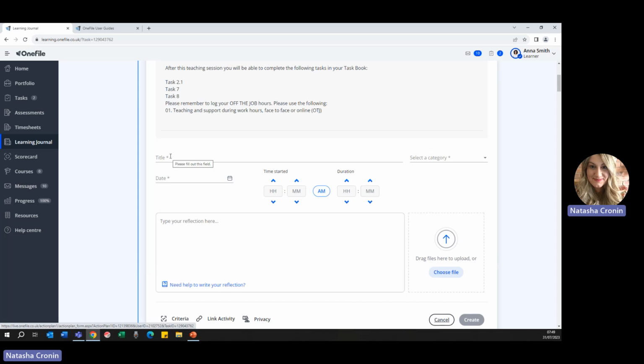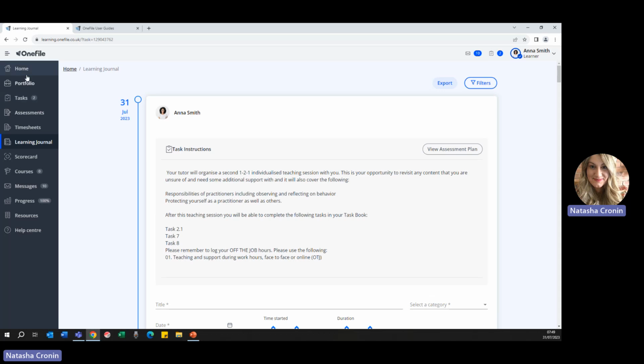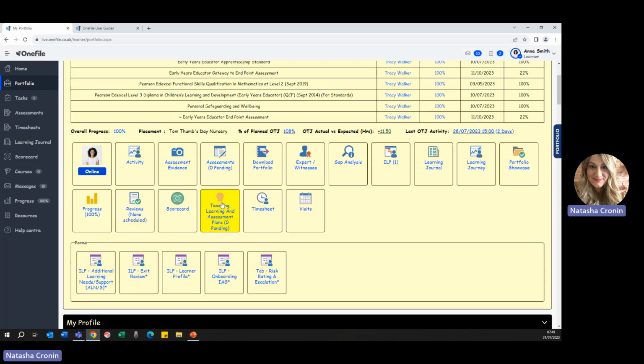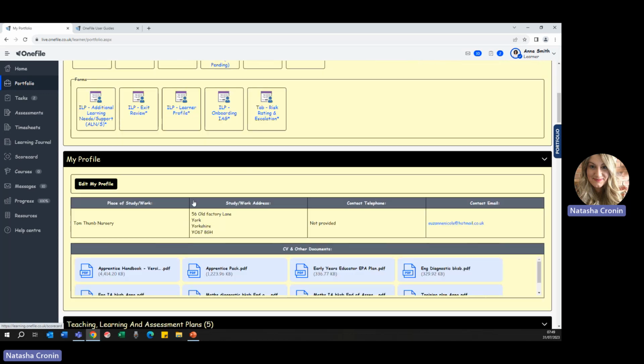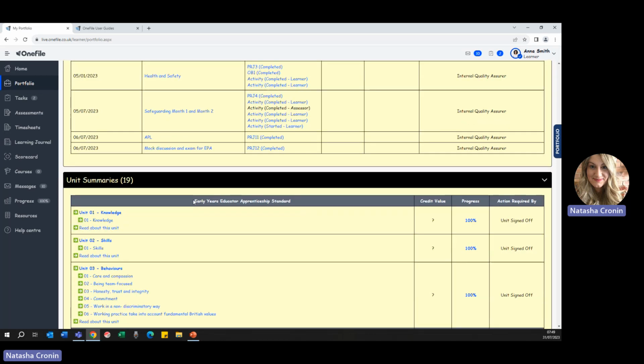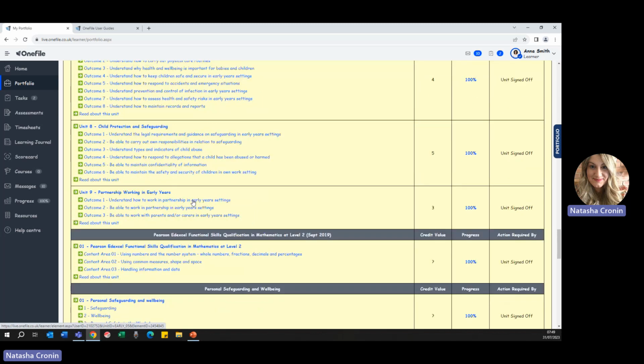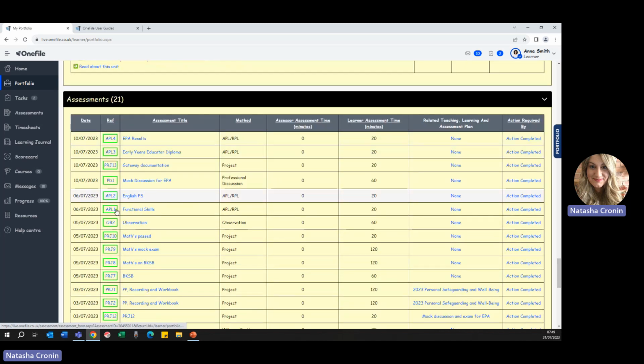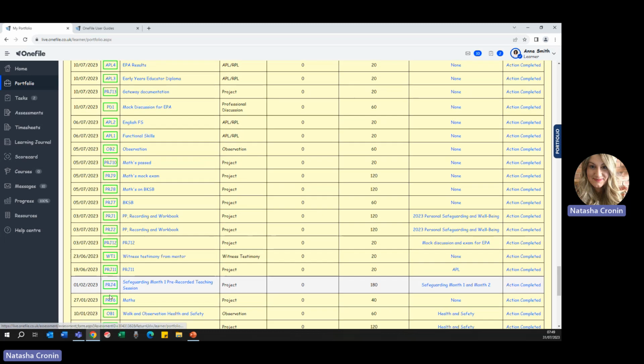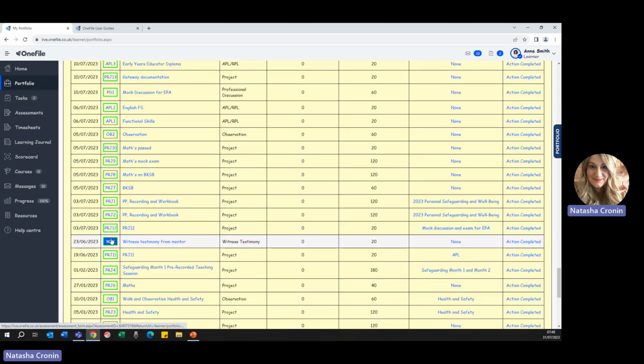Some things will be an activity linked to a learning journal entry, and anything that's going to give you progress will be an assessment that will have criteria marked in. As we can see, Anna's done all of her assessments, so I can't show you that right now. But if we go right to the bottom, I can see all the assessments Anna's done. And if you get a task that looks like this, for example,